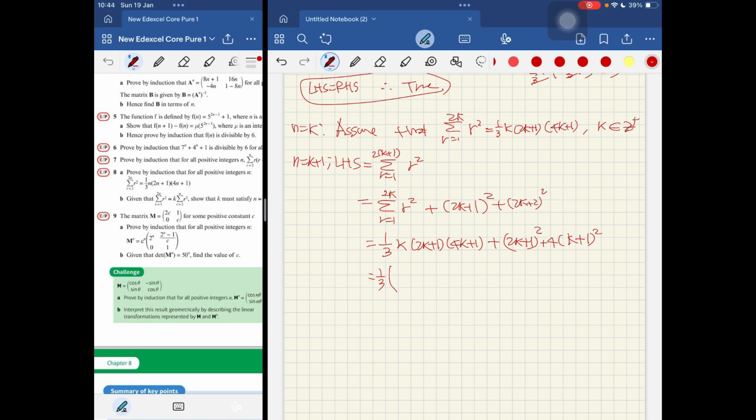And here I need to expand them all. 8k squared cube, 6k squared plus k, plus 4k squared, 4k plus 1, 4k squared, 8k plus 4, 1 over 3, 8k cube, plus 14k squared, plus 13k plus 5. So here